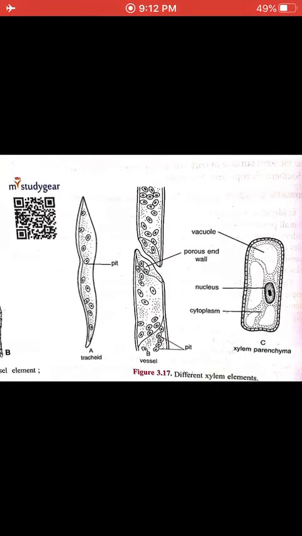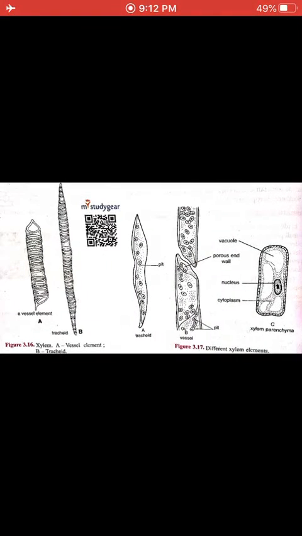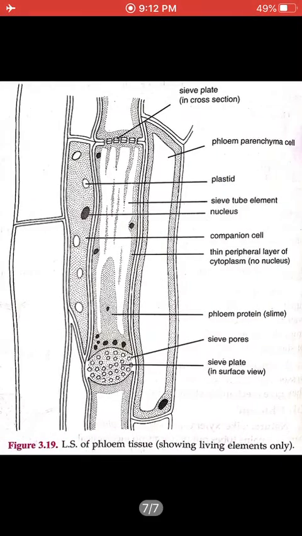And as tracheids, vessels, and parenchyma of xylem are lignified, they also have lignin. So they are lignified in nature, and they also provide mechanical support. Now come to the phloem. Now this is the